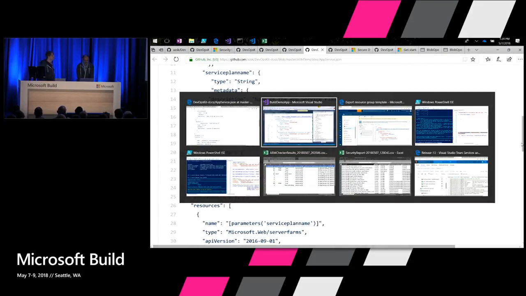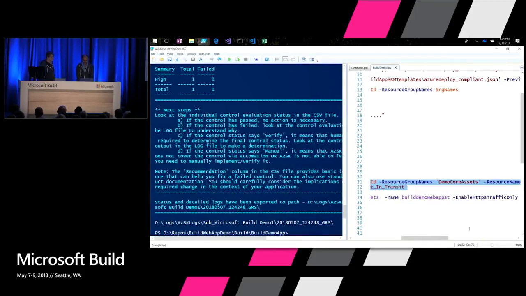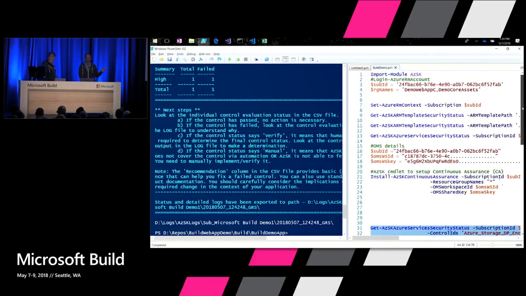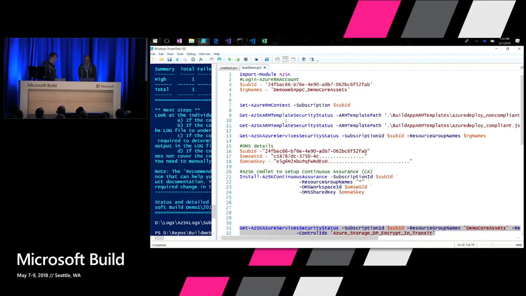The best way that we encourage most of our engineers to do this is to use a cmdlet that's part of the DevOps toolkit called ARM template checker. I'm just going to execute that cmdlet. This PowerShell module is also already published in the PowerShell Gallery, so you could go ahead and install it. The same link is available at the end of the session. I already installed that module and imported it into the current session. There is a command here called Get-AzSKARMTemplateSecurityStatus. It's a pretty simple command.